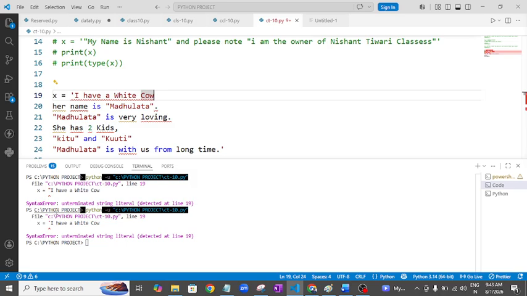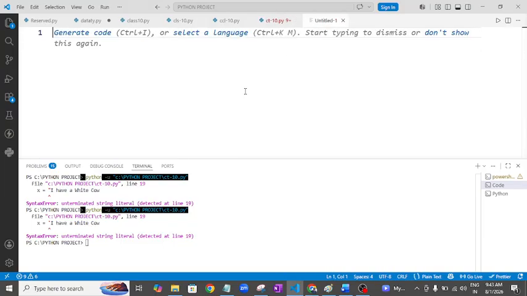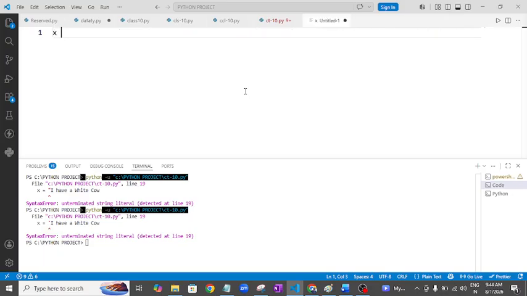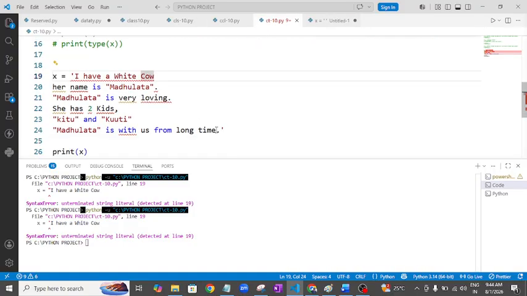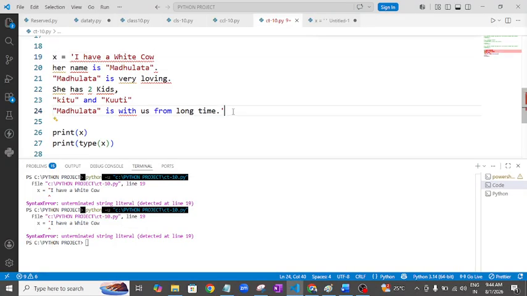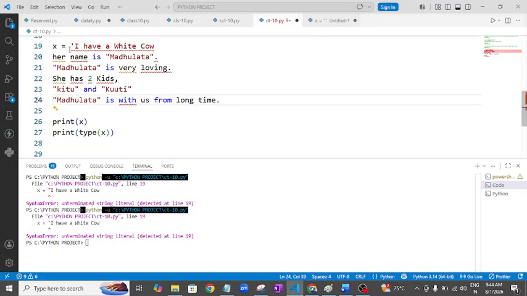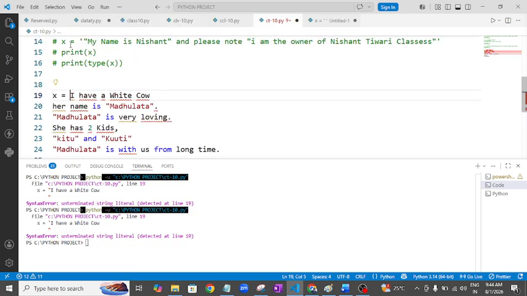No, sir. It is not going to work. It is going to give an error. It is expecting it in the same line, like this. But sir, my requirement is I have to print this thing. Double quote, single quote, not working, sir.